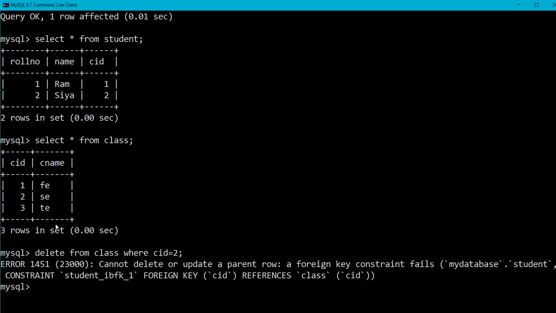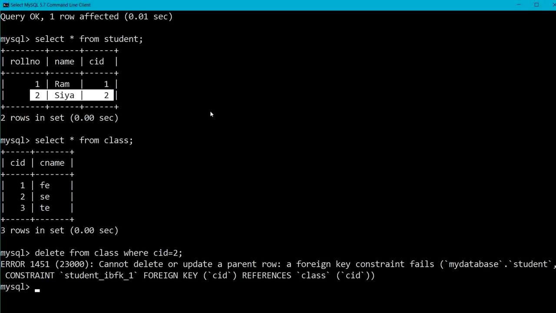Why is this happening? Because whenever I try to delete from my class table, which is a parent table here, the dependent value of Sia having class ID 2 is already present in the child table. So it's not possible to delete the data from the parent table.